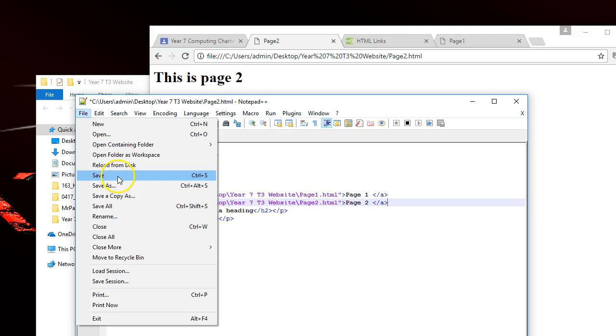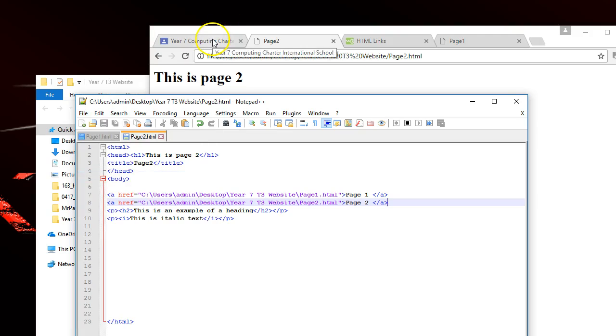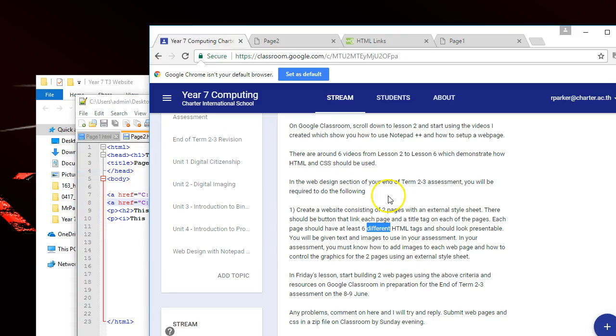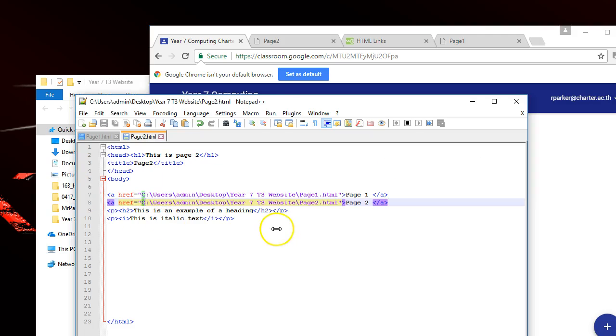Now, going back to the specification on what you have to do in your exam, you're also going to need to insert an image. Okay, so under the tag on this section here, let's use image source. Okay, so img source is equal to, and I think we then put speech marks from what I can remember. Okay, and between the speech marks is going to be